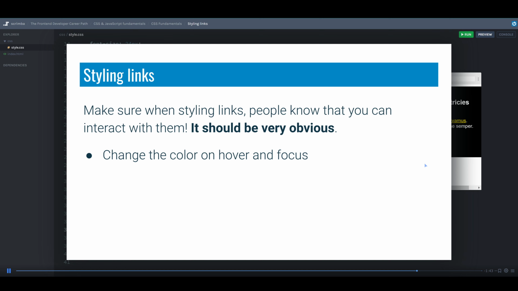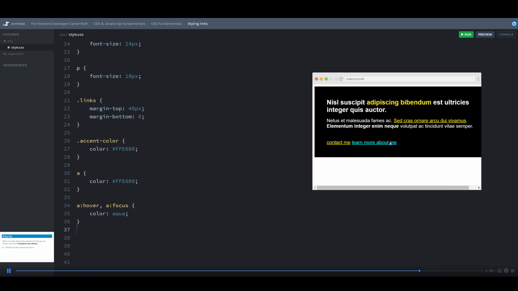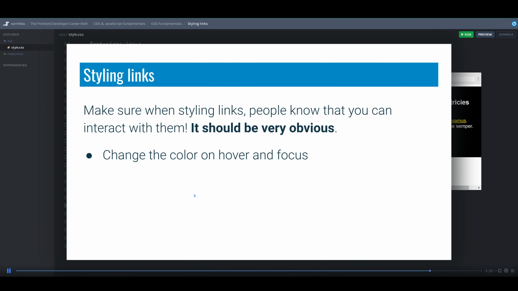Because yes, your mouse cursor, let's go take a look. You can see the mouse cursor on a link will actually change to a hand. But if the color of it isn't changing, we have the little hand there, but it's not that obvious. And people are used to this behavior. It's something we've been conditioned for. We've literally been conditioned to see things, hover on top, and it changes a little bit when it is something that's interactive. So make sure you let people know that it's super obvious